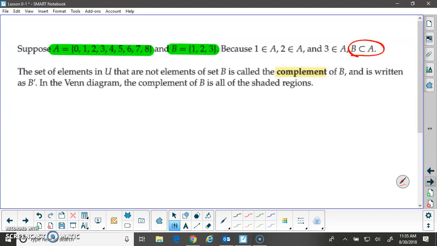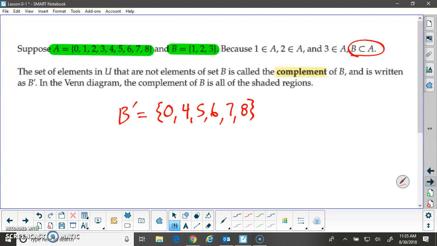So as an example here, if set A represents the universal set, all the possible values, and set B is 1, 2, and 3, then the complement of B, and that's how we'd write it, we'll put this little dash behind it, it's called a prime symbol, would be 0, 4, 5, 6, 7, and 8. That'd be all the elements that are not